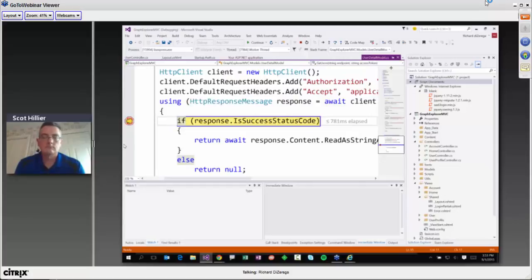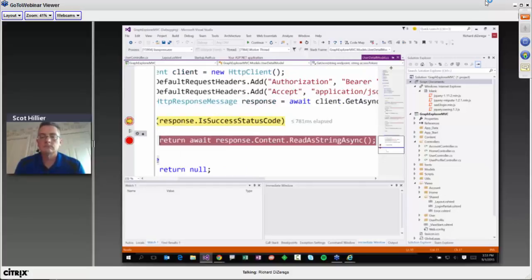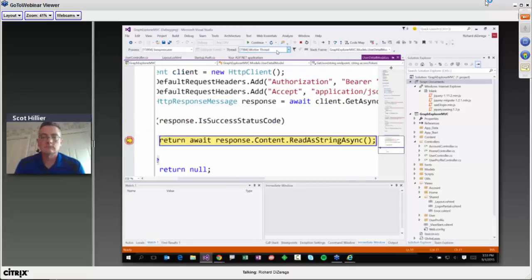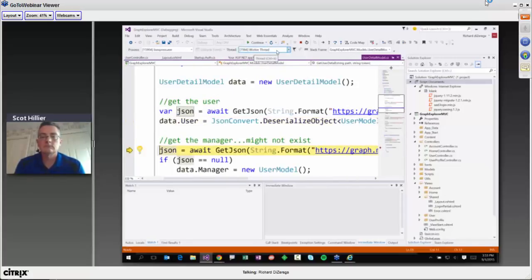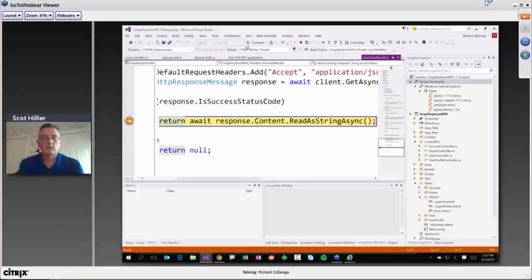So we'll go and put a breakpoint here on our response, and there you go. You can see it was successful, and then I can actually go and return the raw JSON and use it any way that I want. In this case, we cast it back out as user data. So in this case, now I can see that the user is me and my ID is this. And we can let it finish up. I'll go ahead and let it finish playing here.